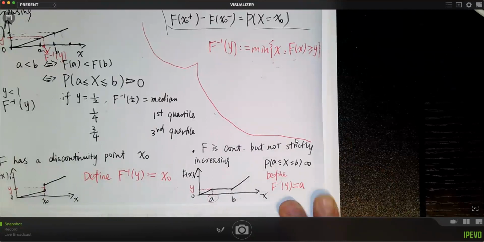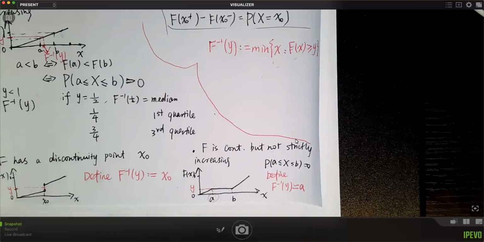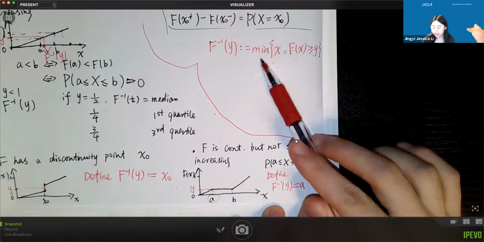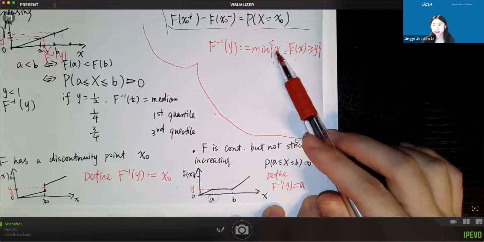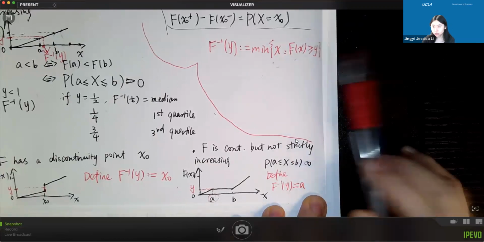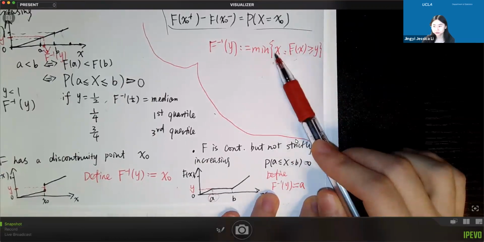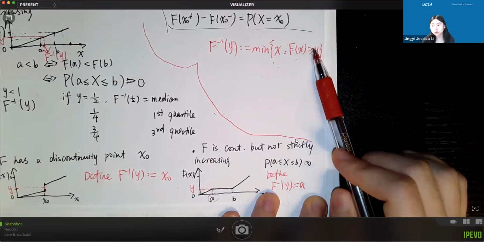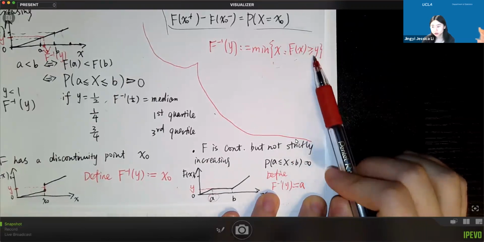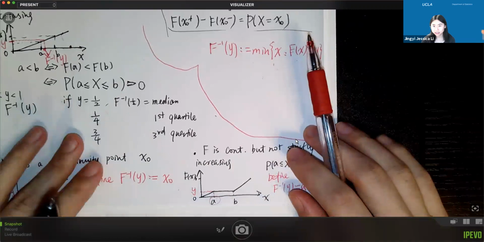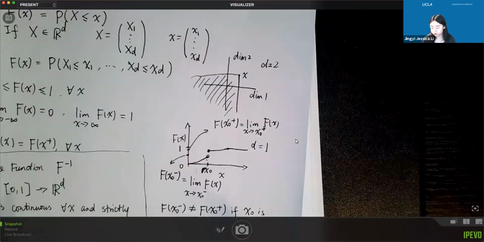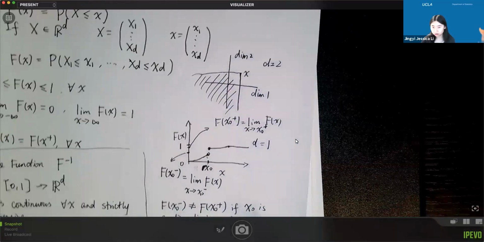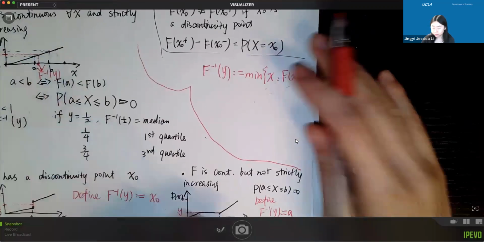But for the minima, how do you find the minimum between two vectors, if one vector is bigger than the other, or how do you measure it? So it's the same thing, right? For the minimum, the minimum will be taken over every dimension. So basically, you want to find the vector x such that its CDF is greater or equal than a scalar y. The y is still between 0 and 1. Just like in our two-dimensional case here, you will find all the x values such that F(x) is greater or equal than y. And then among these things,